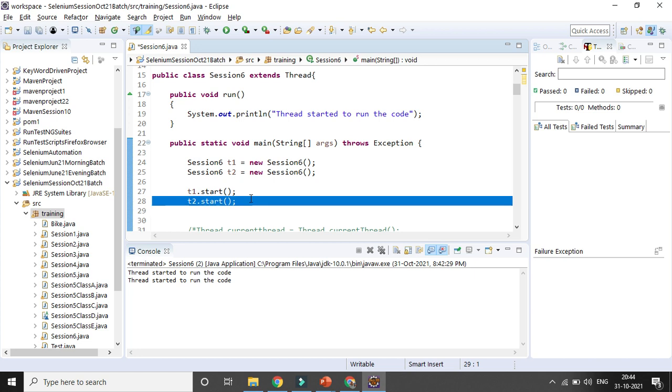These things we will be using in the framework. Whenever I cover the test engine, that will be there. Exactly this thing will not be used, but the concept will be used.